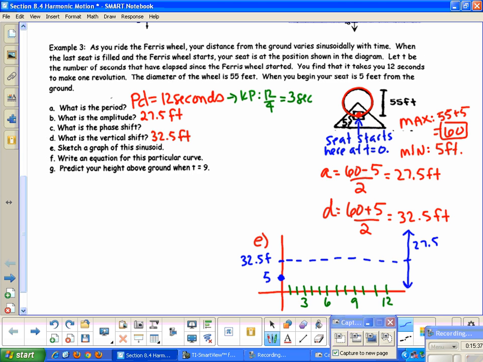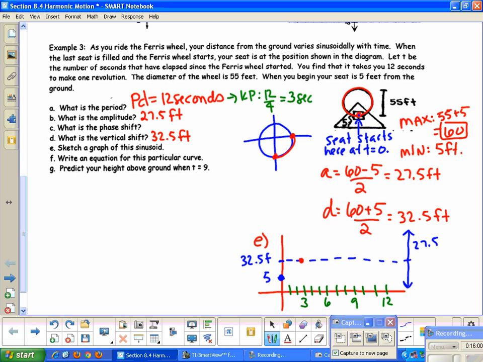That means after 3 seconds, and remember our graph is split into 4 equal parts. So if I'm starting here at 5 feet, then the next point that I'm going to hit would be after 3 seconds. And so 5 plus my amplitude, which is 27.5, gives me this next place right here, which is